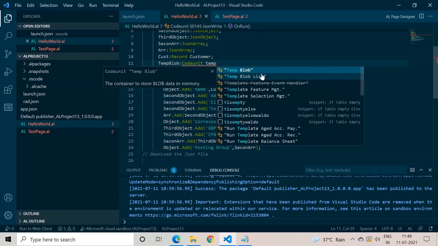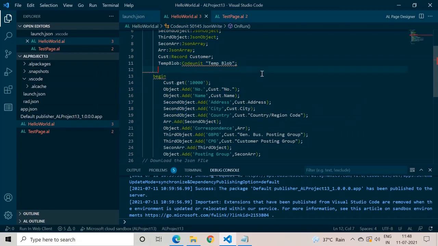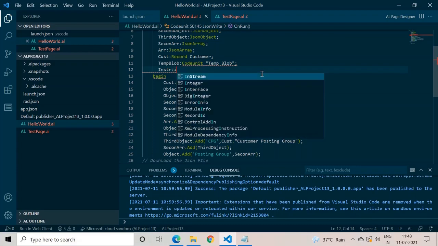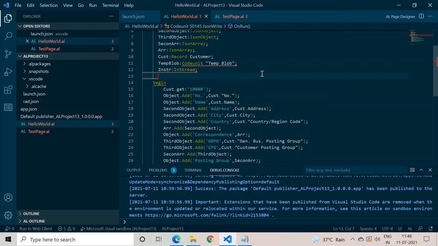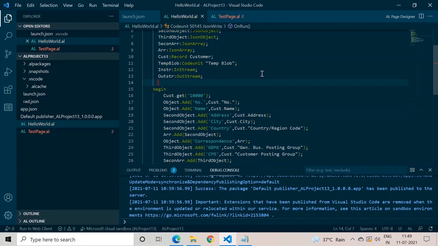So we have one code unit called temp blob, and we need to add an in-stream object and an out-stream object. I hope we all understand the concept: in-stream is to read the data and out-stream is to write the data, whenever we need to create, download or upload a file from our file system.